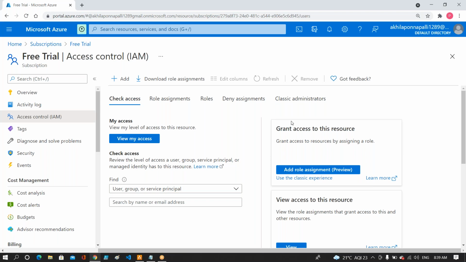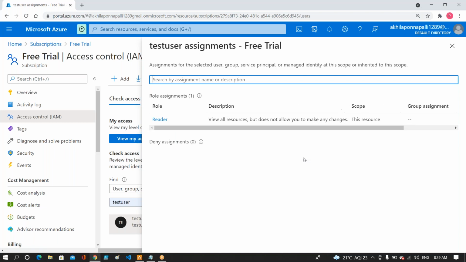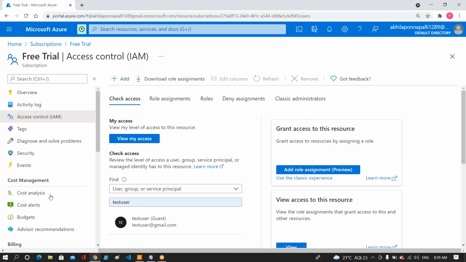And if I want to check someone's access, I can also see, okay, fine, I want to see a test user. It says, okay, fine, I can check what is the access the user has. The user has a reader access. And it's also telling you, you know what, views all the resources but does not allow to make any change. And this user has an access where? On this entire subscription,